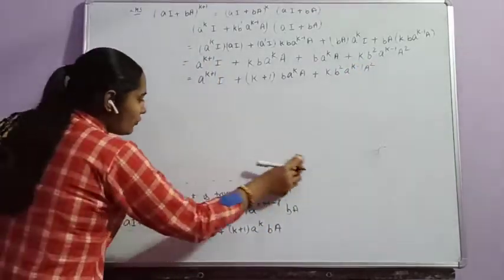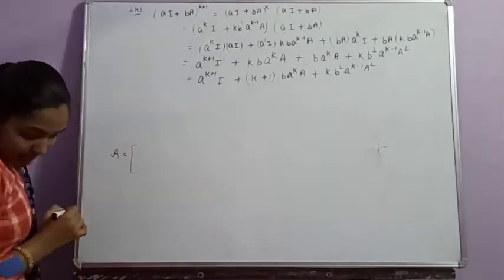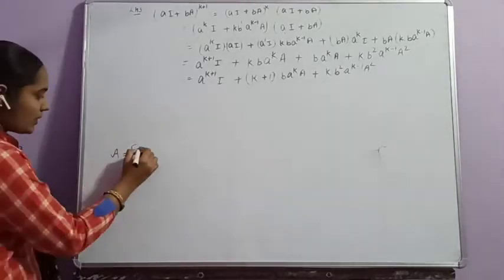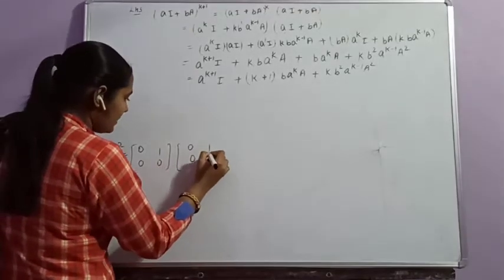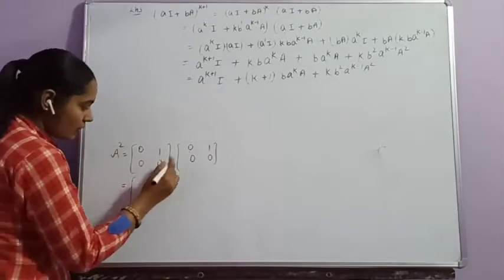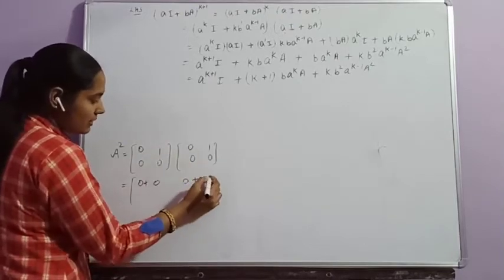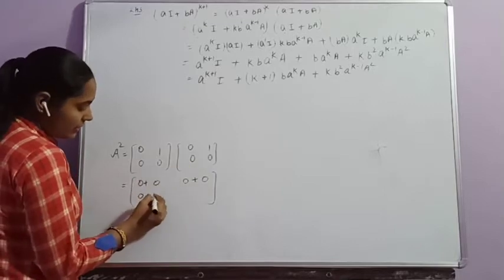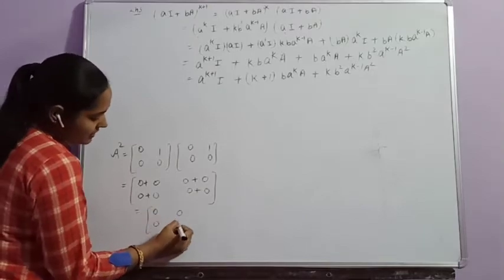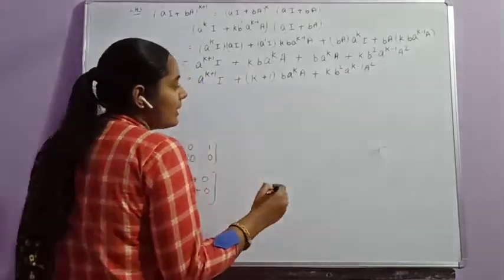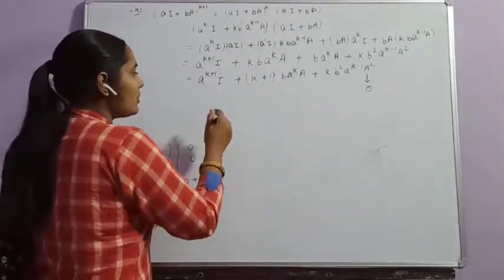Now we find out the value of A squared, and we know that the matrix given to us is [0 0; 1 0]. For its square, we multiply the matrix with itself, so it will be 0 plus 1 into 0, 0, 0 into 1, 0 plus 1 into 0, 0. 0 multiplied with any quantity is equal to 0. Similarly, that is equal to 0. So A squared is equal to the zero matrix. If it is 0, then the complete term will be equal to 0.